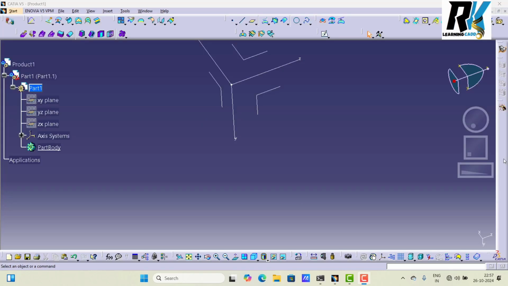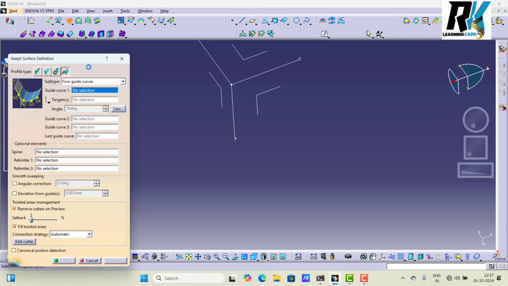Friends, we are learning CATIA V5, and in CATIA V5 we have learned Shape Design. In this Shape Design I am going to teach you today the last part of the four Sweep commands. Part 1, part 2 and part 3 of the Sweep command I have already uploaded, and today we discuss the last part, the balance of the Sweep command. Okay, so let's start.